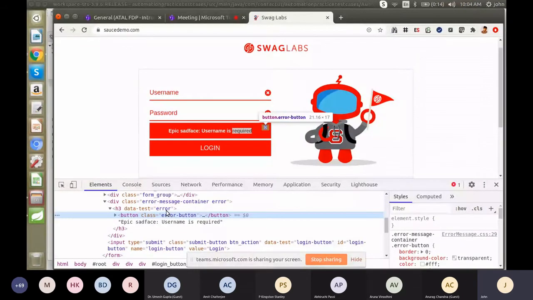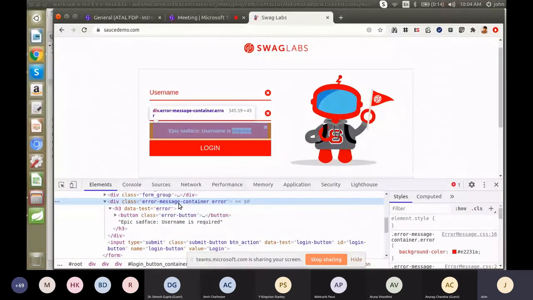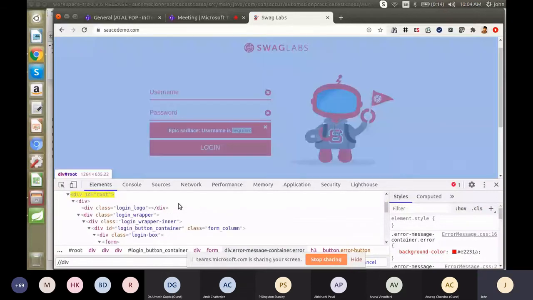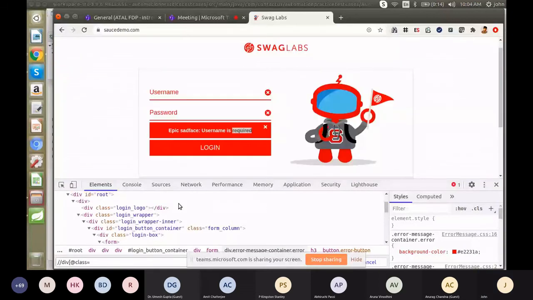So here the class option will be there. So we can go with the class. Here it is a div tag, so we have to use the div tag first. Inside it, we have to mention the class, error message container error.